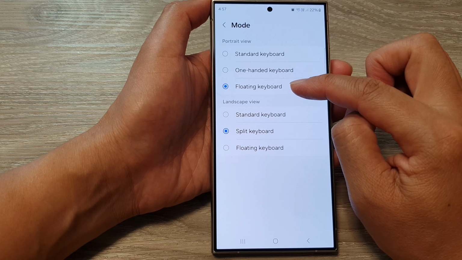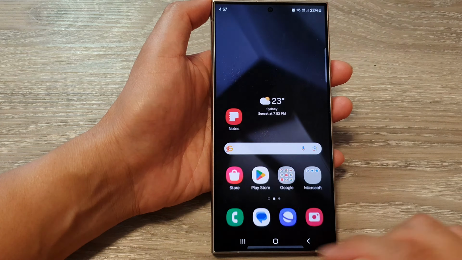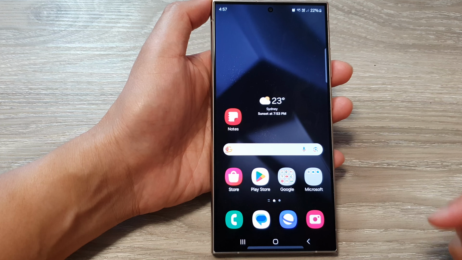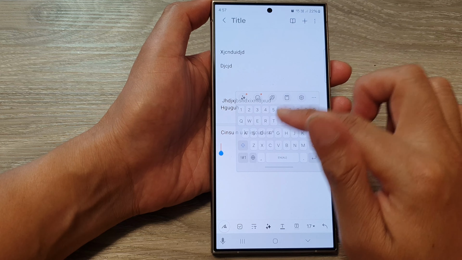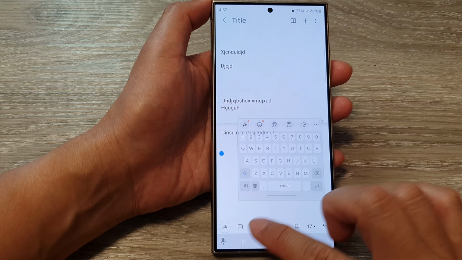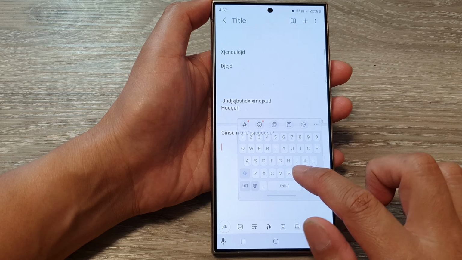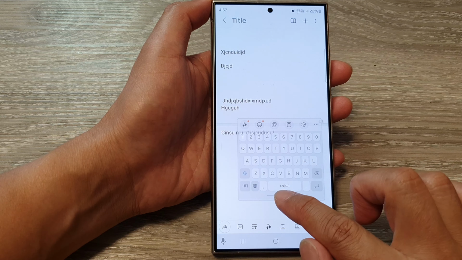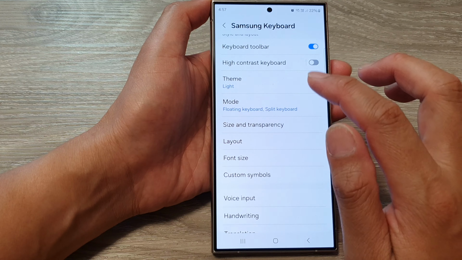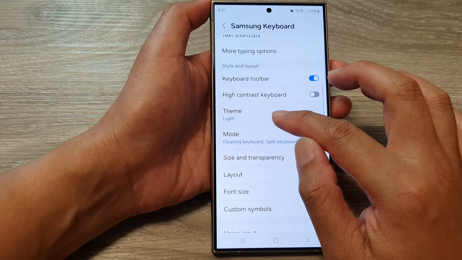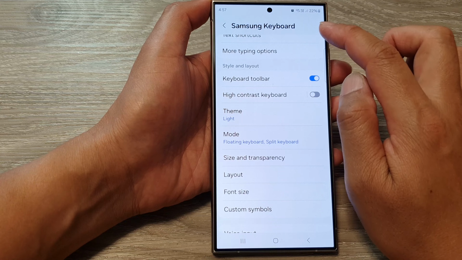So if I select floating keyboard, I can tap on the home button to go back to the home screen. And now if I open up my keyboard, you can see the keyboard is now in a floating mode. And you can see the transparency is set too high, so it's very hard to see. It's not very visible. So what we can do is go back to the Samsung keyboard settings and